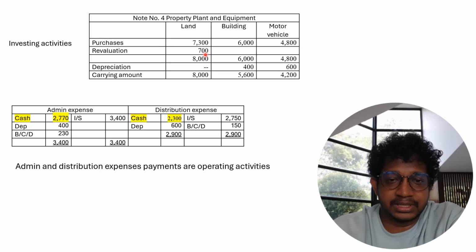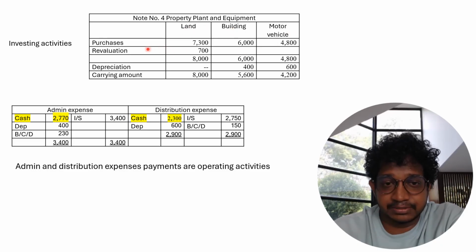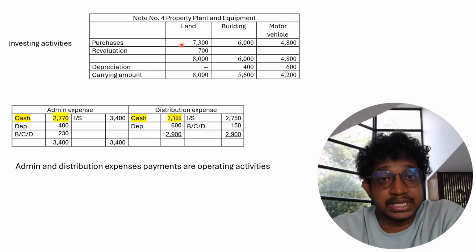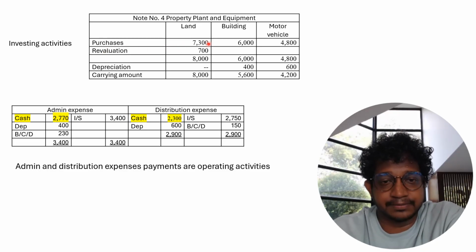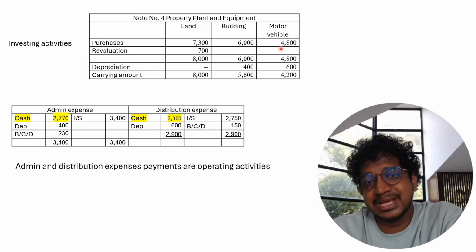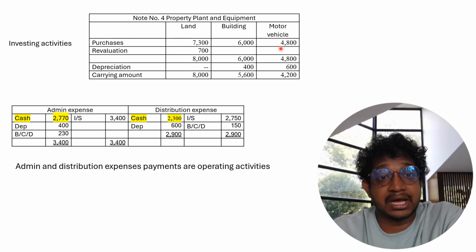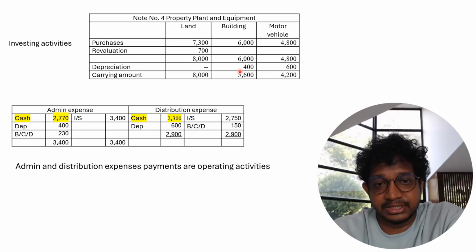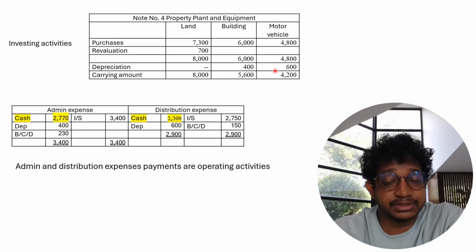And it's given the property, plant and equipment chart. So here it's given land, building, and motor vehicle purchased amounts. So these all property, plant and equipment were purchased this year because there are no opening balances. So these three, land purchases, building purchases, motor vehicle purchases, you have to record in investing activities as cash outflow, right? And the depreciation given, building 400 and motor vehicle 600. So building depreciation 400 you have to consider under administration expenses, and the motor vehicle depreciation you have to consider